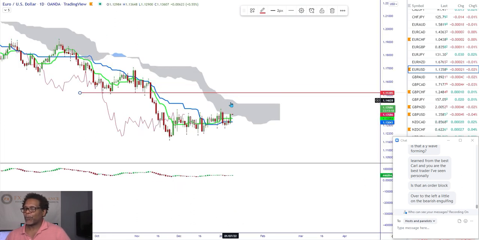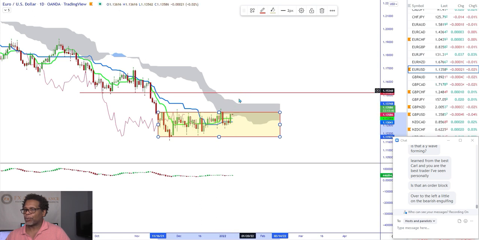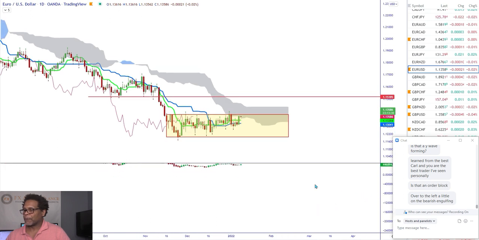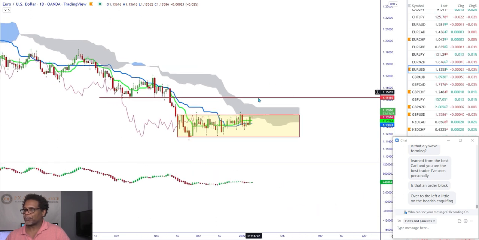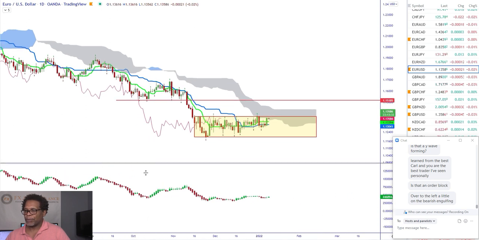So daily, and what I'm talking about is we'd have to break this structure that we're not violating. We're still sitting in this area. We need to break this structure, and then I think we push up into this area and then drop back to the downside. Based off of the weekly, I don't see the market really moving much past this level. But I mean, it could. We're still pretty bearish.